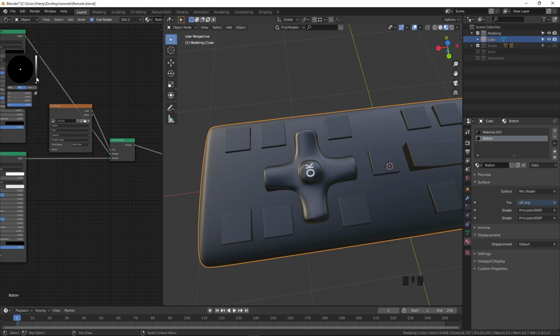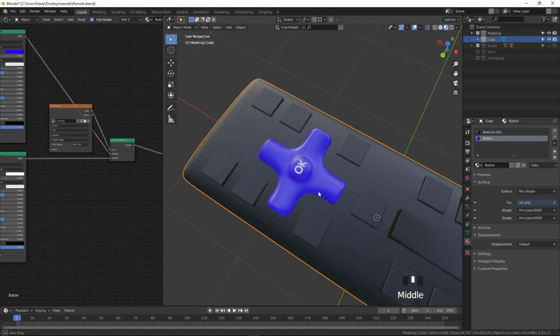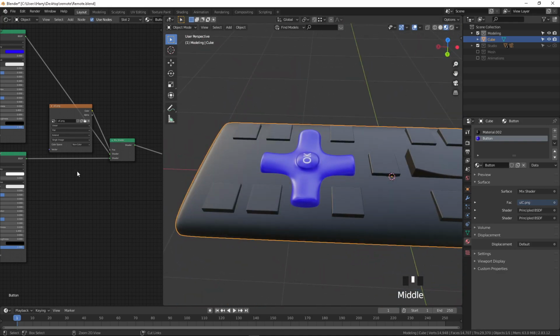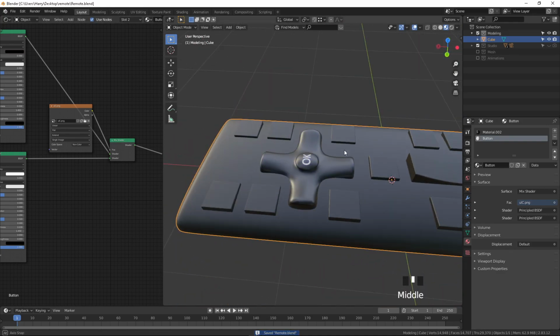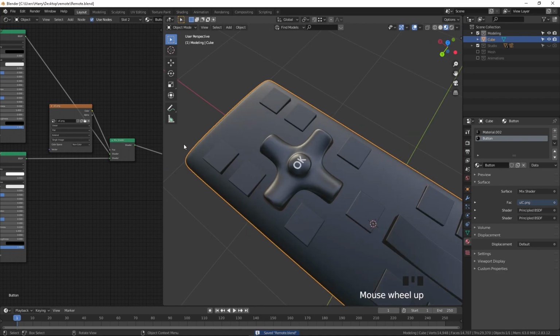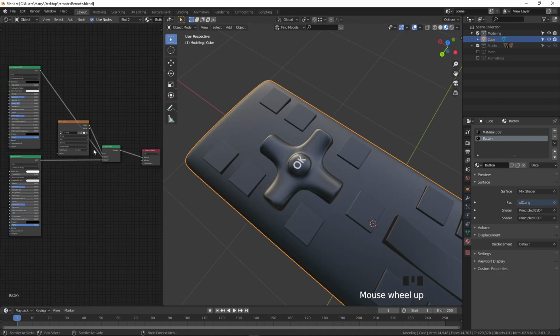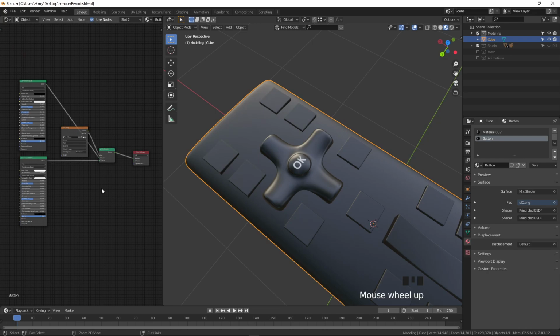So if we change the color whatever is required, we can change it. Like this we can change the button, so it is easier to change everything. I press Ctrl Z and save it. Okay, this is the one option for this button, and for this button I'm going to do the same procedure.